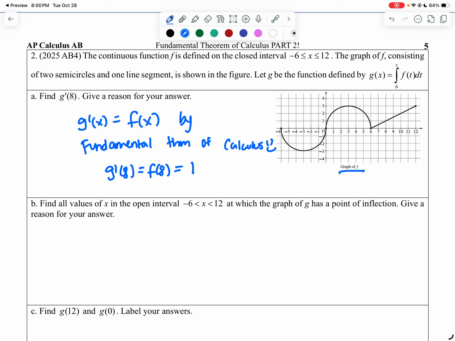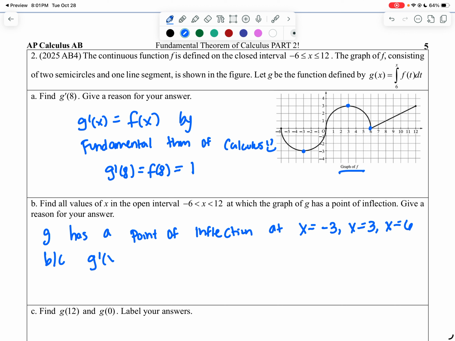So remember that g has a point of inflection when g prime changes from decreasing to increasing or vice versa. So in this case, that's going to be at -3, that's going to be at +3, and that's also going to be at 6 right here. So then you're going to tell me that g has a point of inflection at x is equal to -3, x is equal to 3, x is equal to 6,